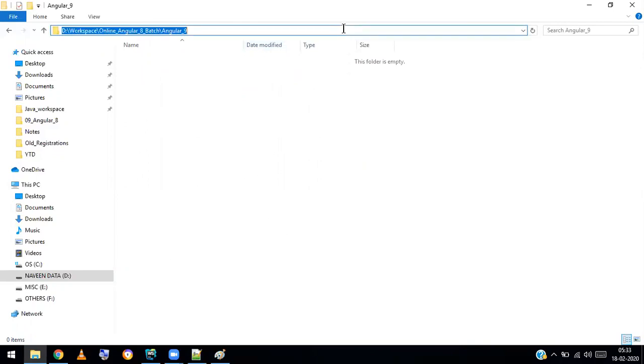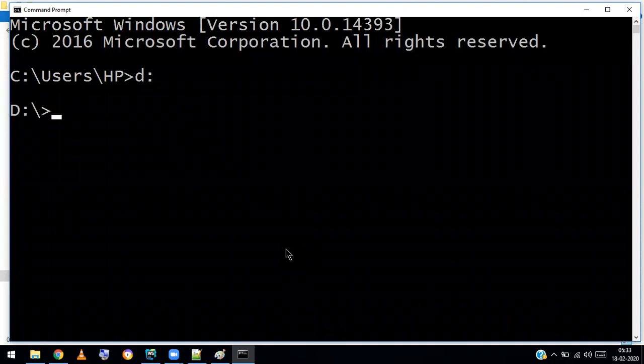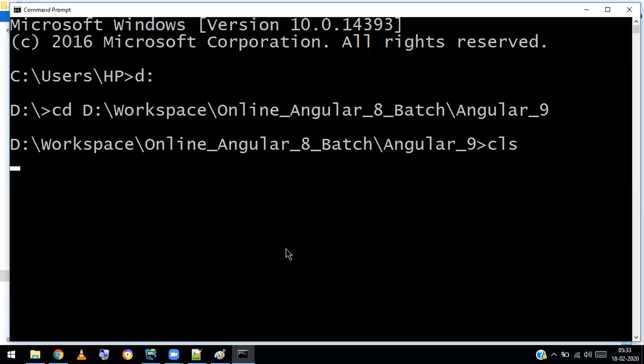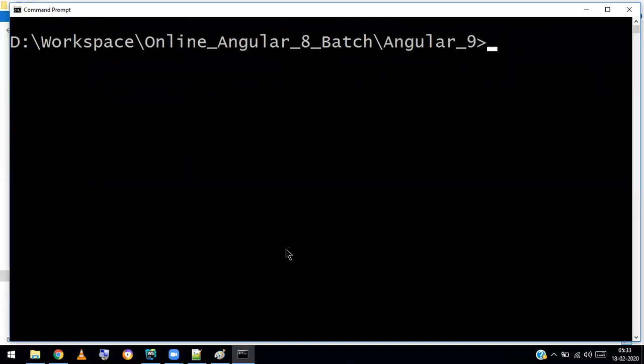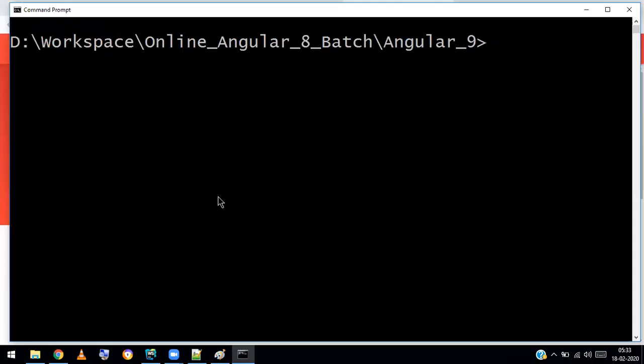You can just copy this address, go to the command line, type D colon, cd space, paste, enter. Here I want to create an Angular application. To create an Angular application, the command is ng new and your application name. So I will run ng new first-app, press enter.